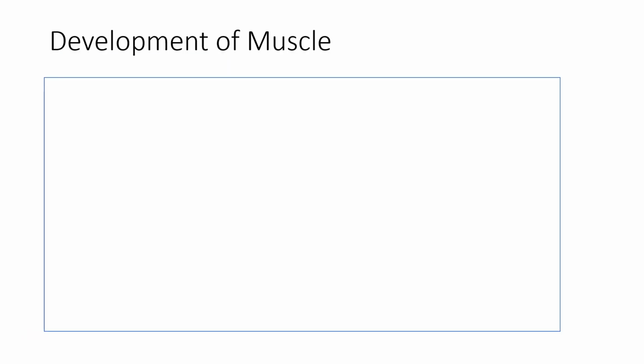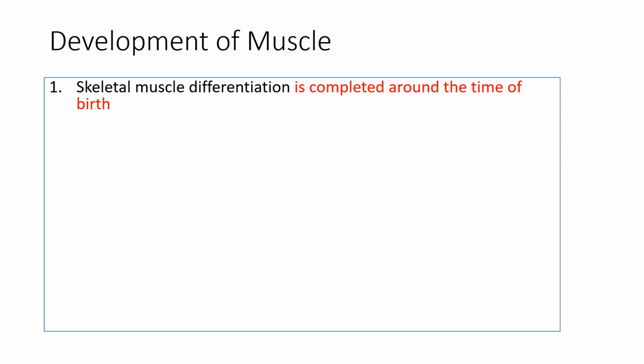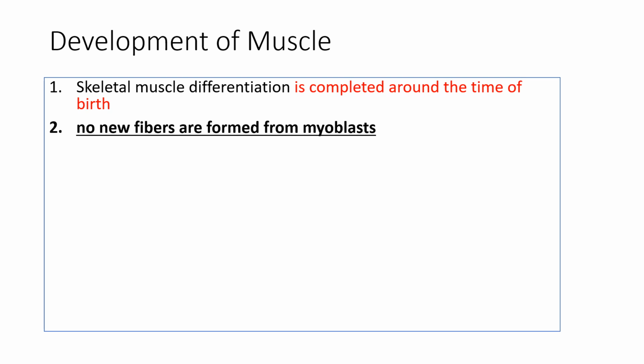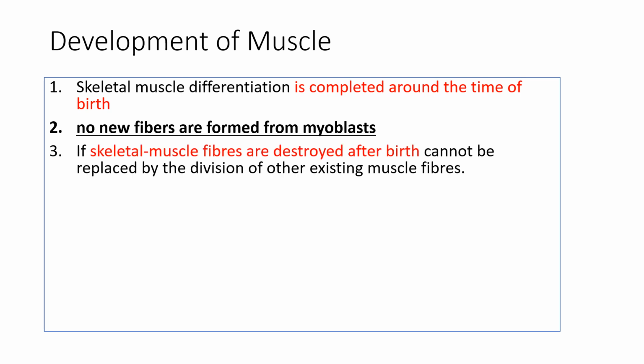The answer lies within the development of the muscle fiber. The muscle fiber differentiation is completed around the time of birth. They develop from the muscle cells, the primitive cells, which are then differentiated, and then no new fibers are formed from these myoblasts. So whenever our skeletal muscle fibers are destroyed after birth, they cannot be replaced by division of